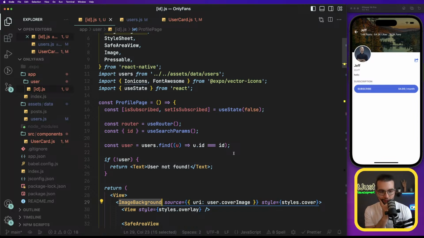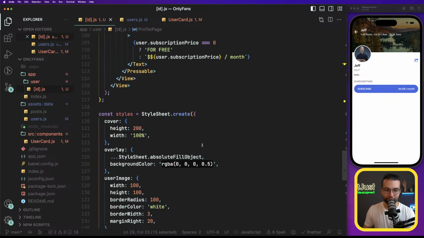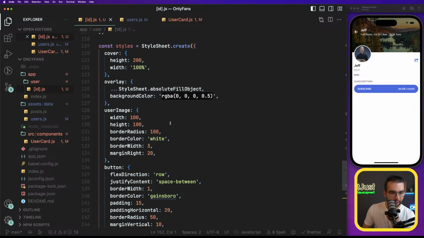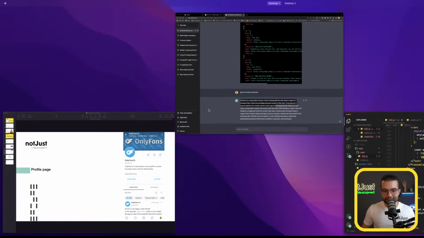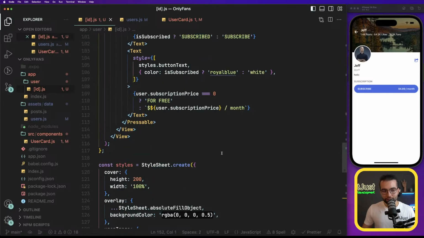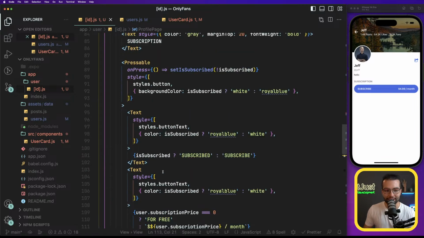I want to refactor this a bit. If I'm going to continue in the same file, this file will become very unmanageable. We already have 152 lines of code here. Now, our next step is going to be to start rendering user posts on his feed. To do that, we're going to have to add a flat list, to add other components, and it's going to be